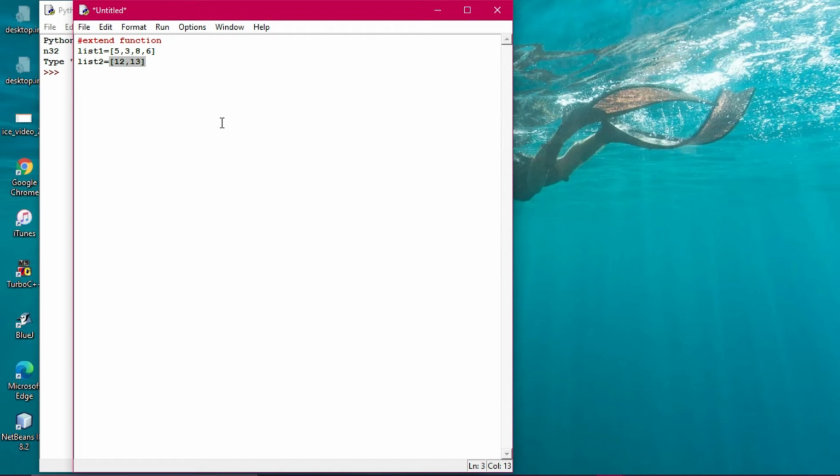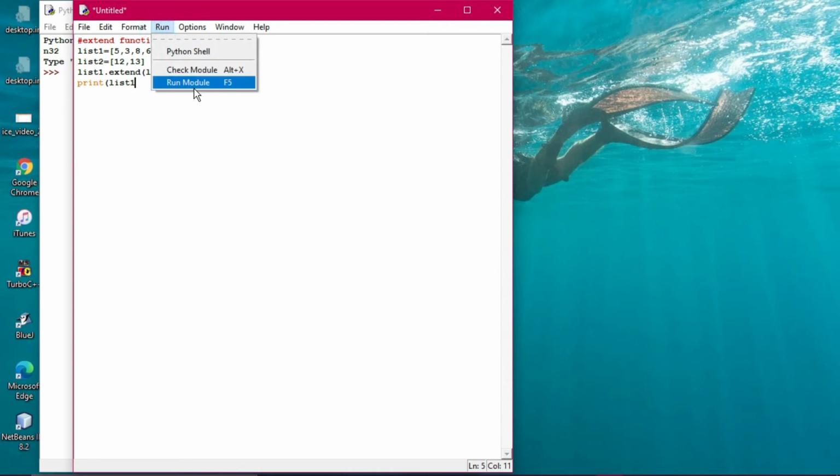Now I'm giving the command list 1 dot extend list 2. So list 1 has been updated with the list value as per the function says.